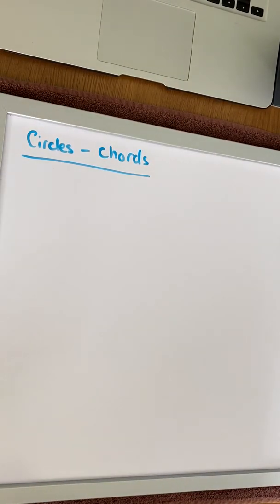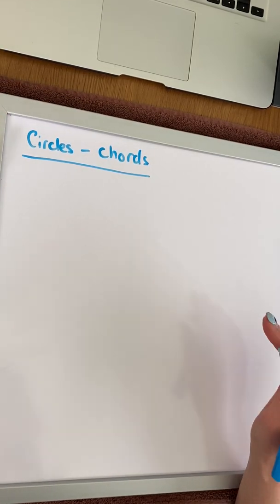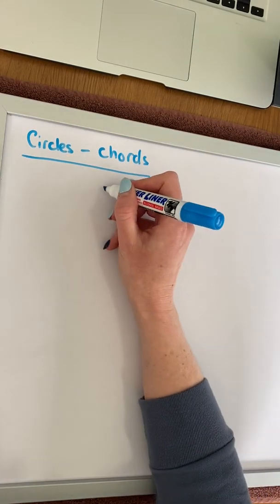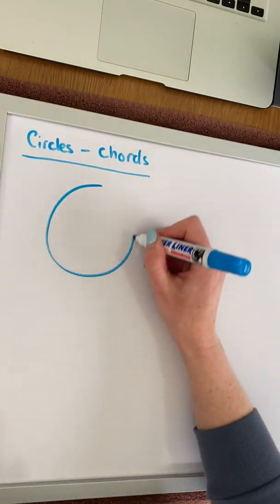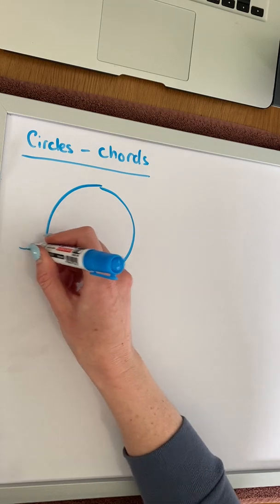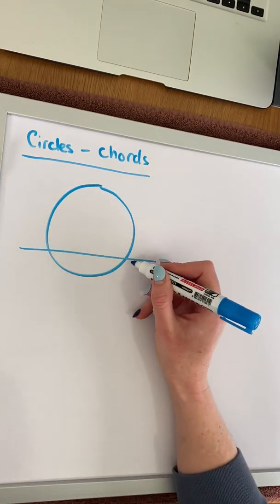Okay, in this video we're going to look at chords and circles. So in the last video we looked at tangents, which is a line that connects and touches a circle at one point only. A chord is a line that goes through a circle. So if we look at a diagram of a chord, it is a line that goes through a circle, so it